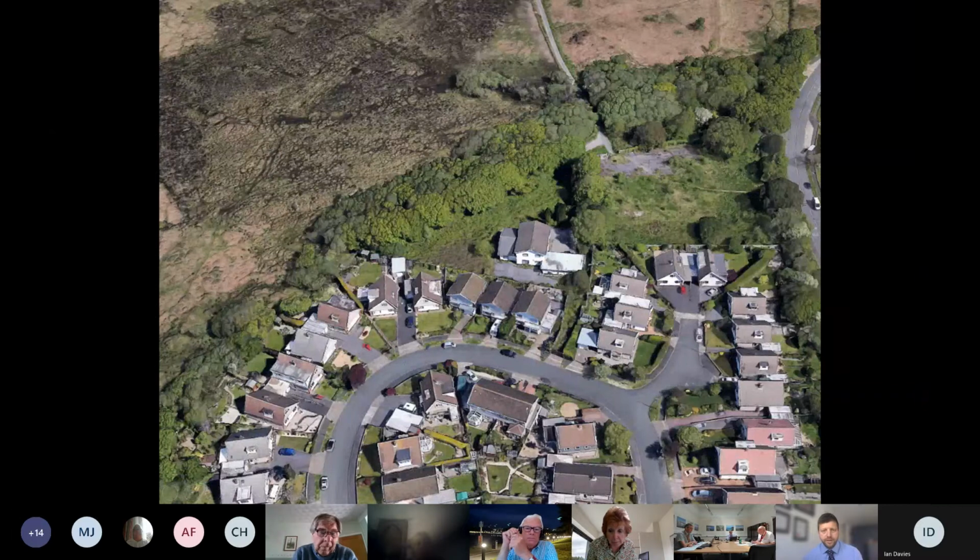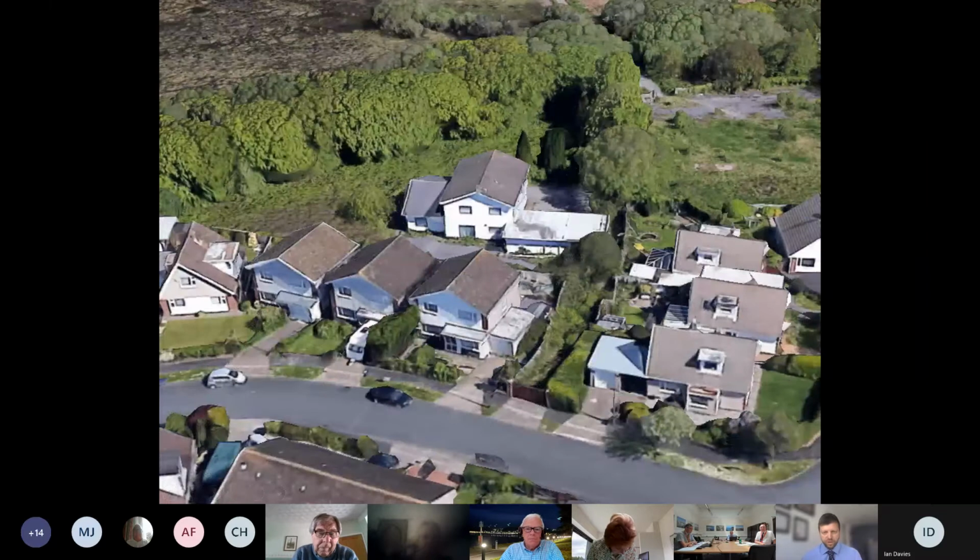So you have the property there, set behind existing dwellings, and then you can see the two forms of access. There was one at the north, I think, going to the site adjacent, which was also called Eastmore. I think there was a property there previously, and that property has been approved for redevelopment. But if you look to the south where the hand pointer is, you can see that's the access indicated on the drawings there. If we just cycle through, there's a closer up image as well. As you can see the context, the relationship of that existing dwelling with this front, then looking at the backs of those two-storey properties there off Westland Avenue. And we'll cycle through